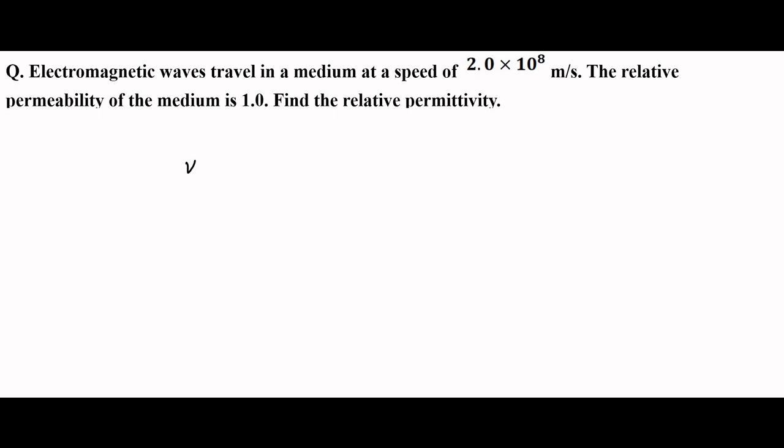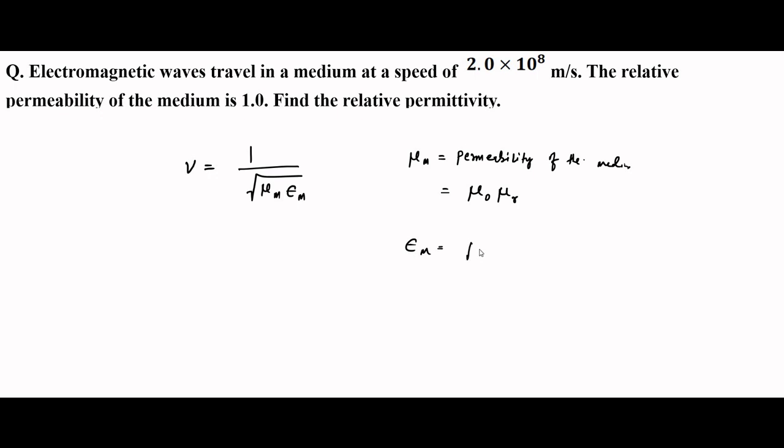The speed of electromagnetic waves in general is given by v equals 1 by root over of mu m epsilon m, where mu m is the permeability of that particular medium, which is equal to the product of the absolute permeability and the relative permeability of that medium, and epsilon m is the permittivity of the medium,